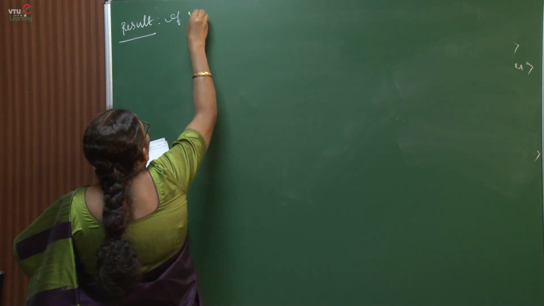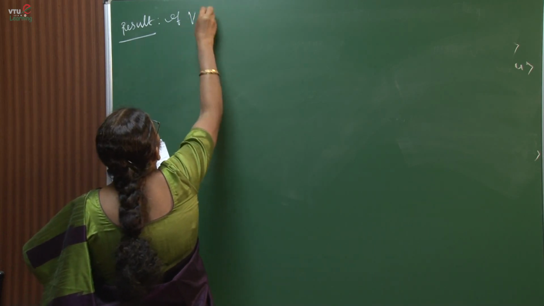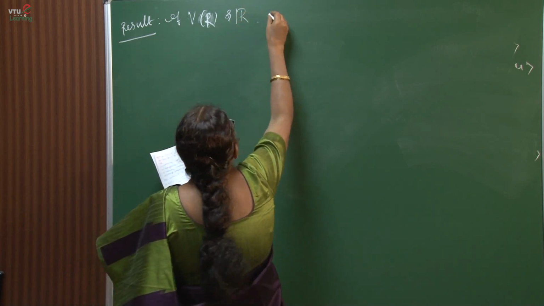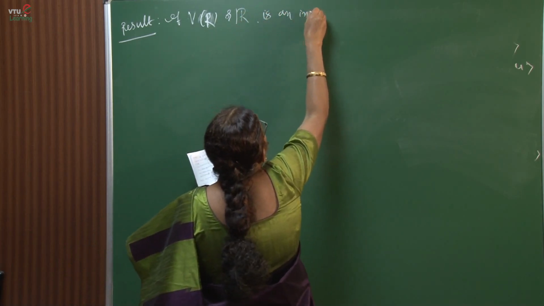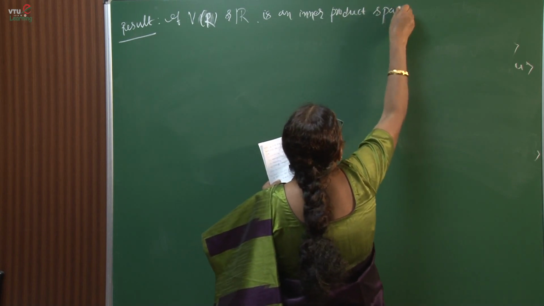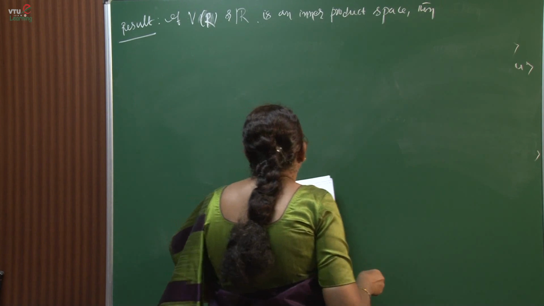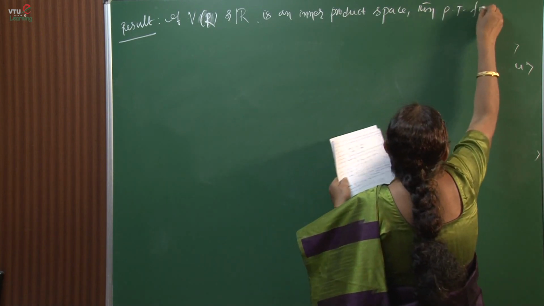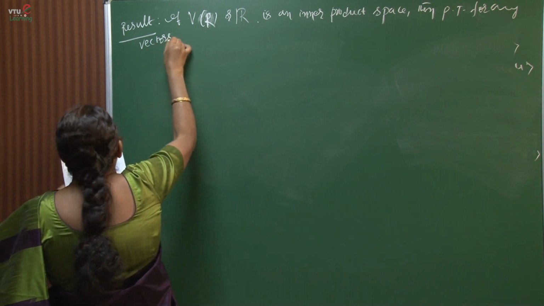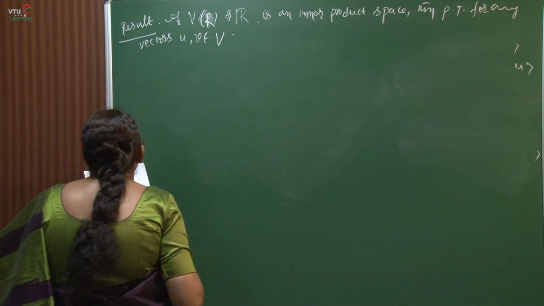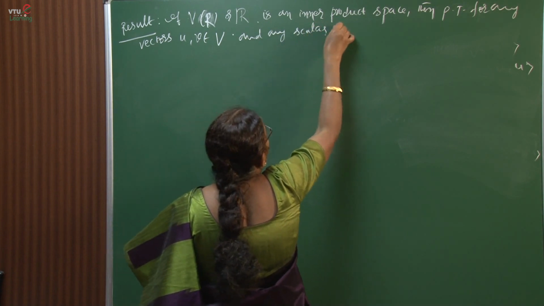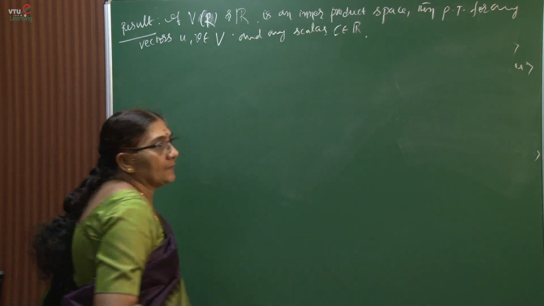If V is an inner product space over the set of real numbers R, then prove that for any vectors u, v belonging to V and any scalar c belonging to R, because here our scalars are the set of real numbers,